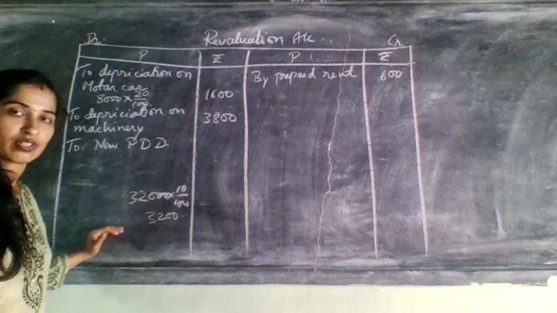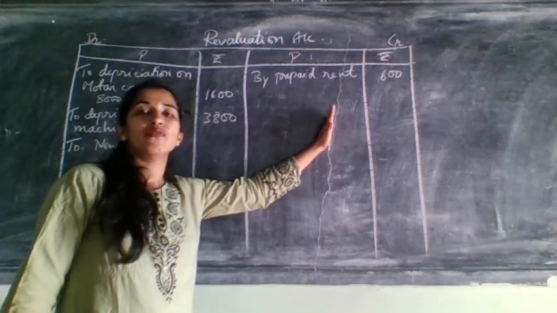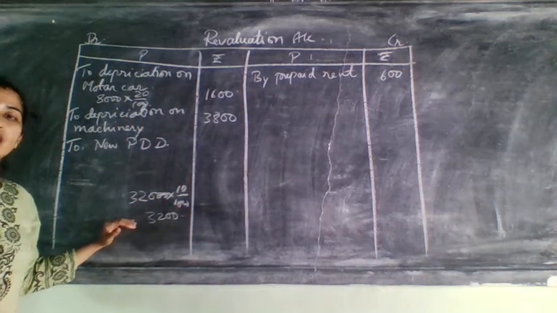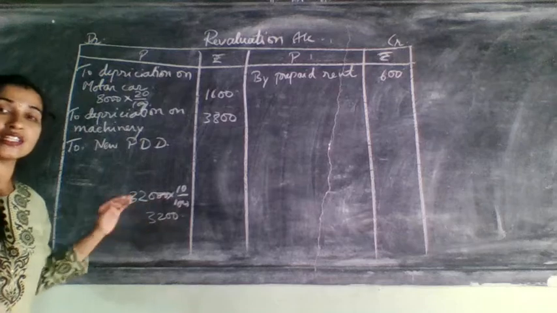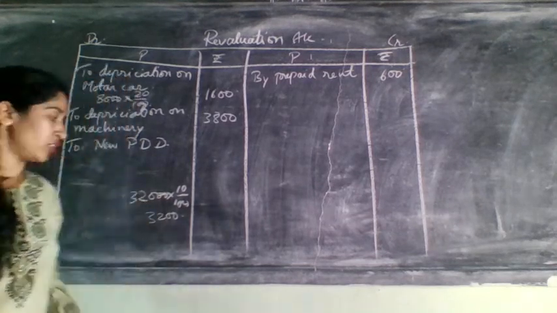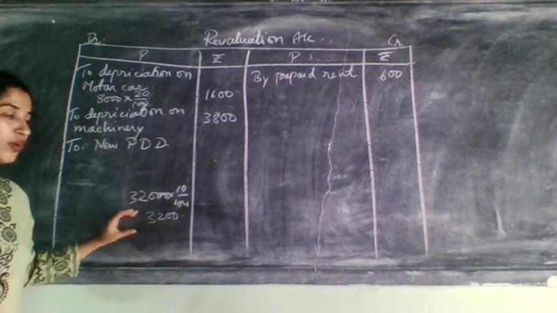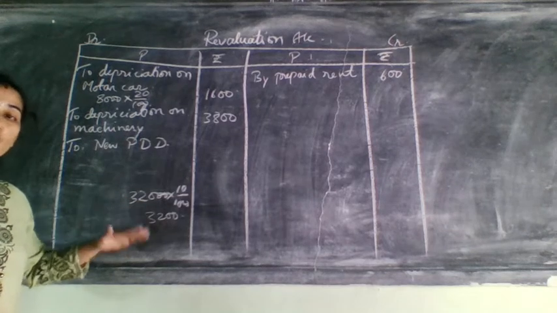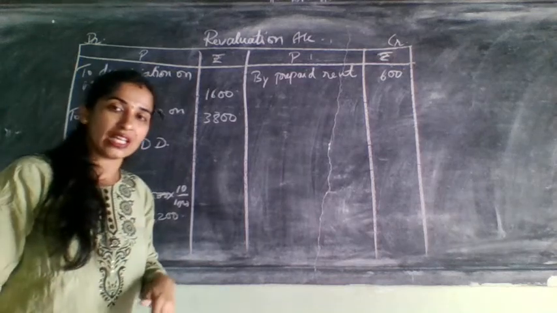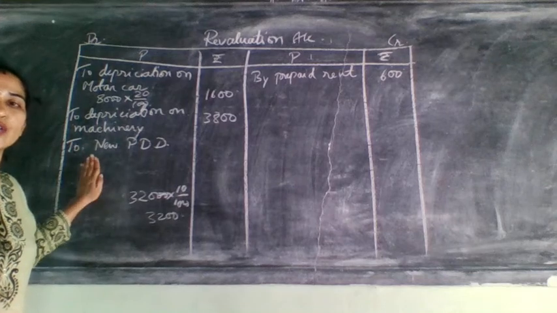If it was reduced to less than that, you can consider it as recovered and treat it on which side? Credit side of revaluation account. But here they have given 3,200. That means it is more than the amount of the old balance sheet. When it is more, you need to take the difference amount. This time the PDD amount was what? Increased from 1,000 to 3,200. It was increased.